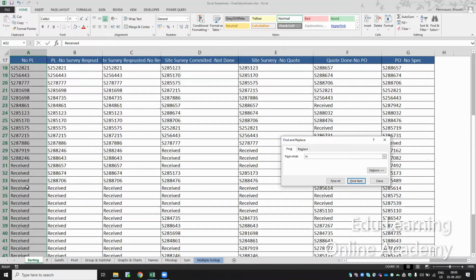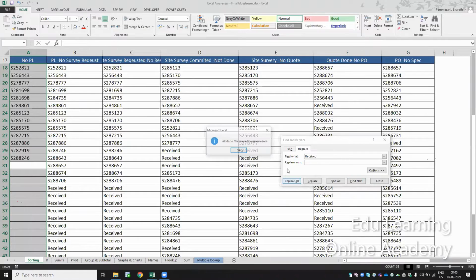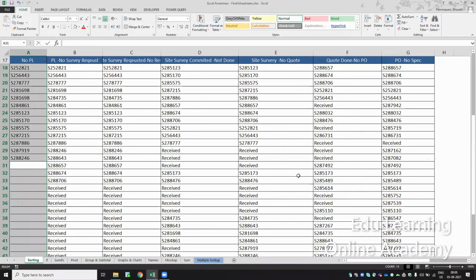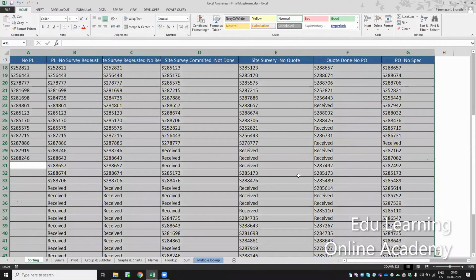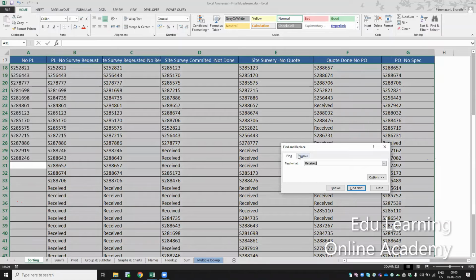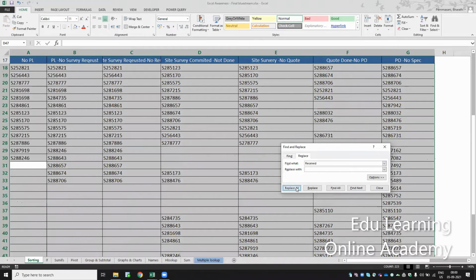Suppose I'll just do this one sample. I have the received, right? I have to delete everything. Just replace all. I find the value and I'm replacing with blank. Similarly, you have to follow for all the same. Select everything, Control F, and go to replace all.